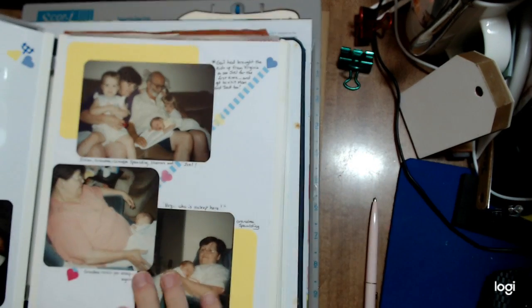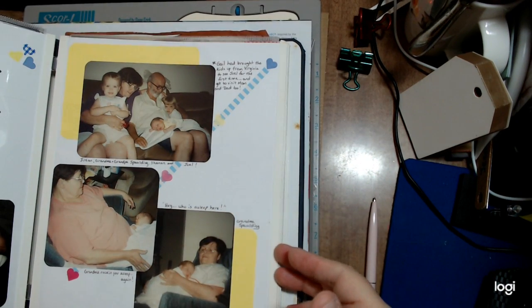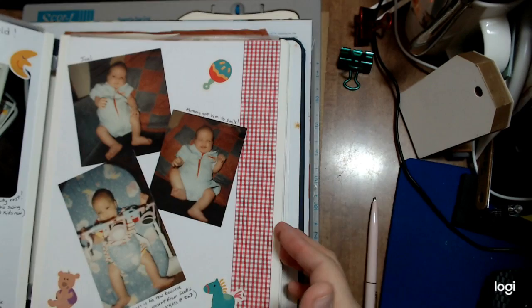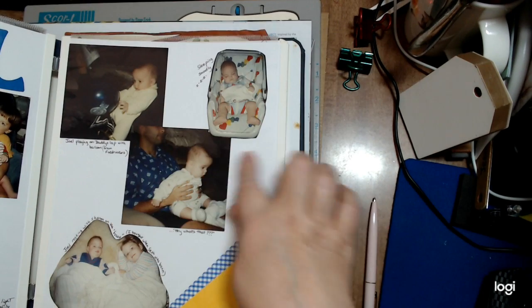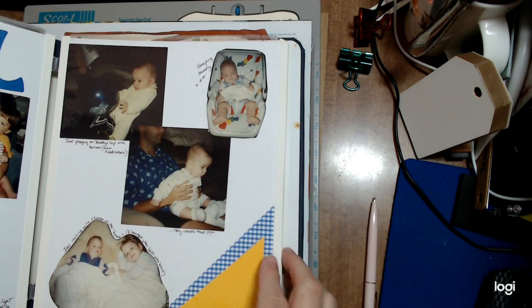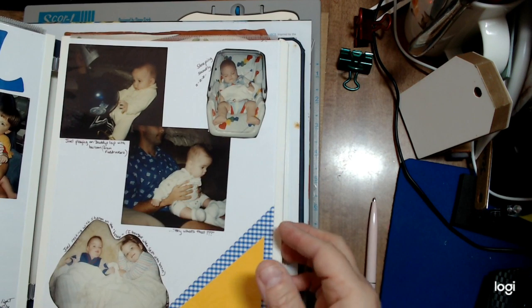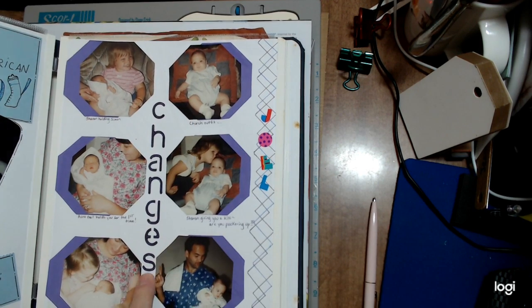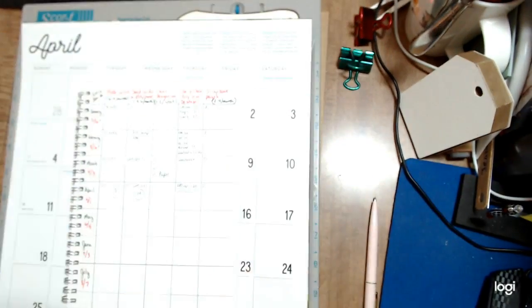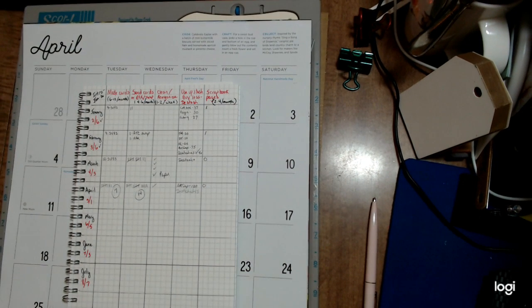This was an 8.5 by 11 or 8 by 10 album. And I enjoyed it, but you got away from doing this kind of designing, all this white space, I think really can irk some people. So there were some changes that needed to be made. So even though I still have a lot of those albums and have bought a lot of that stuff,